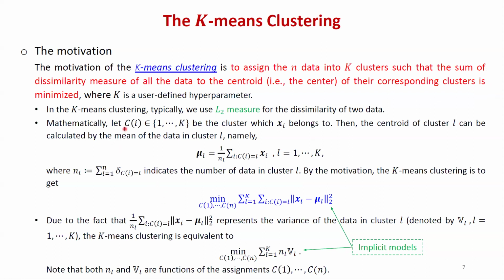Here, the notation is Ci, the cluster of data i. Suppose I have 3 clusters and, let's say, 1,000 data. C1 means data 1 belongs to which cluster. My label is going to be 1, 2, 3, or in Python, it always starts from 0, so it's going to be 0, 1, 2. Xi, Ci means data Xi belongs to which cluster. And because it's k-means clustering, k is a hyperparameter.